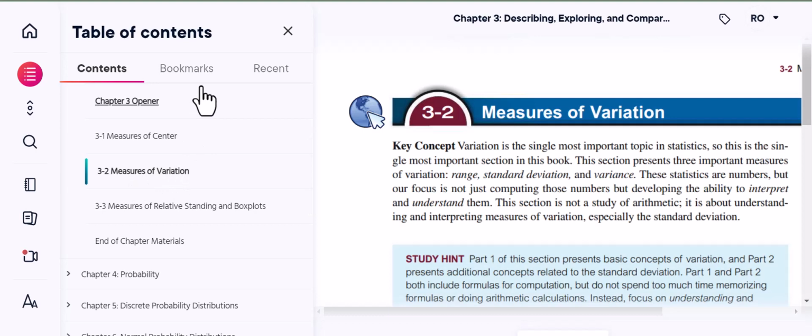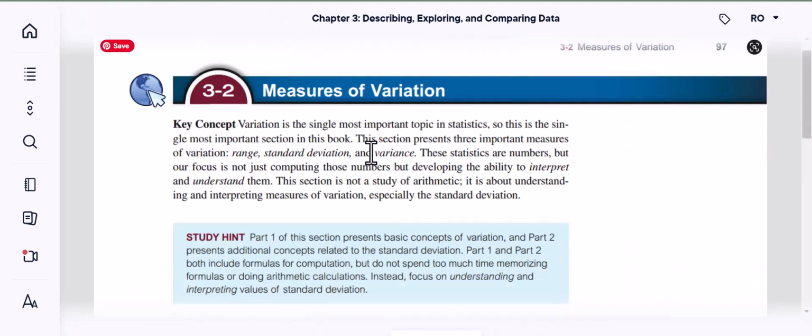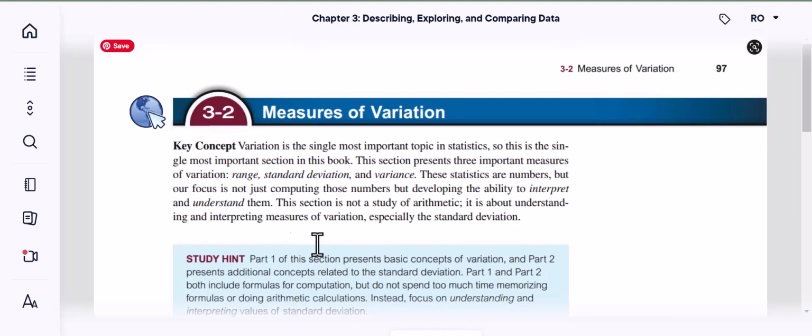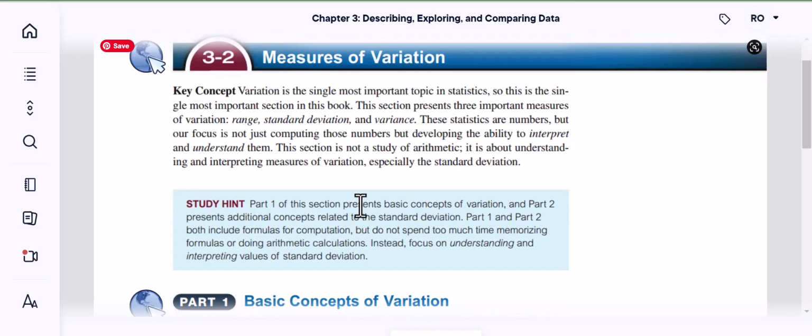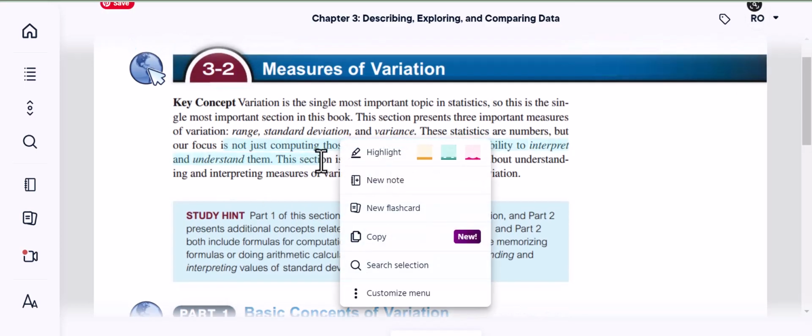Let me show you this chapter, and notice that once you click on something, this is the exact page from the textbook, including the highlights, and you can highlight on your own. When I select something, it asks me, do you want to highlight? What color? Do you want to make a note? Do you want to create a flashcard out of that? Do you want to copy it and paste it onto your notes or your homework or anything that you're